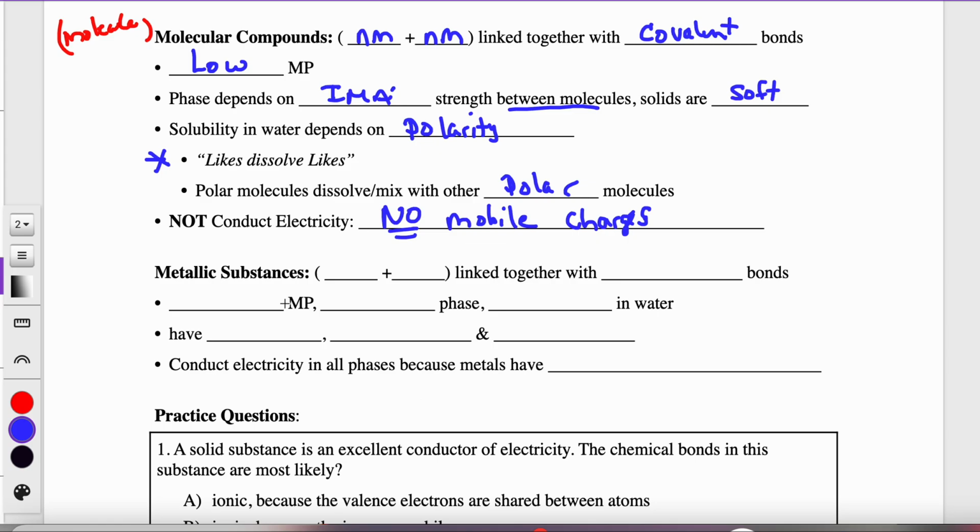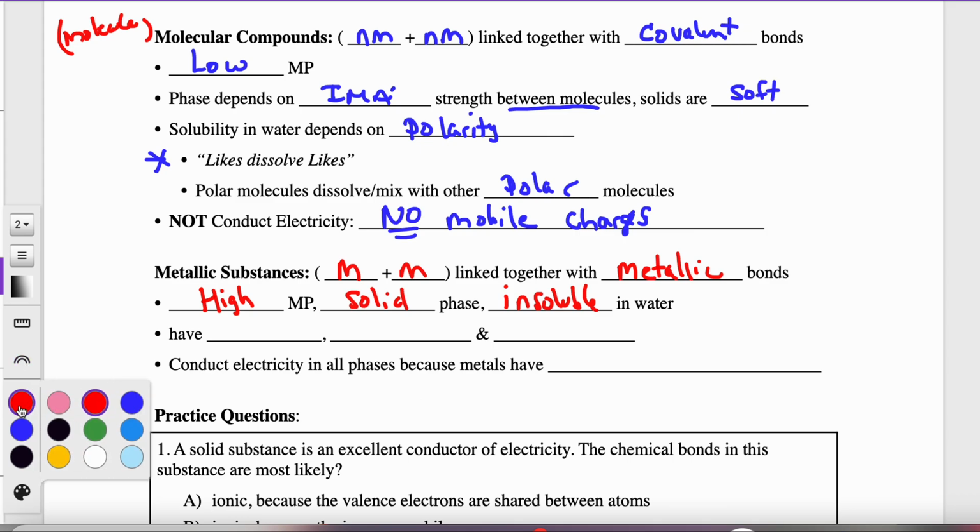Okay, metallic substances. We have learned to recognize these because every atom present is a metal atom. Metallic substances are linked together with metallic bonds. They have reasonably high melting points, but typically not as high as a salt. They tend to exist around us in the solid phase, and metals tend not to dissolve in water. They tend to be insoluble